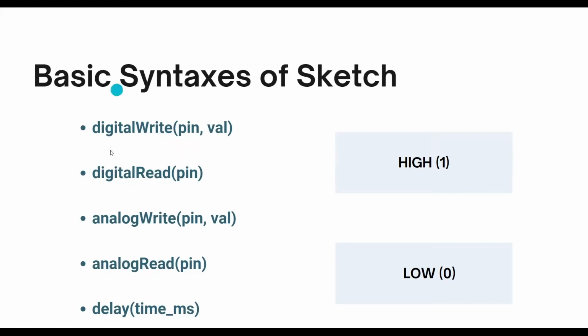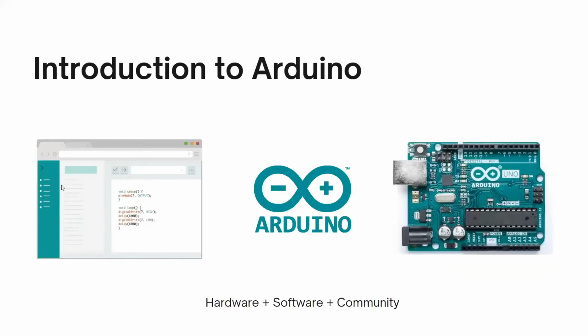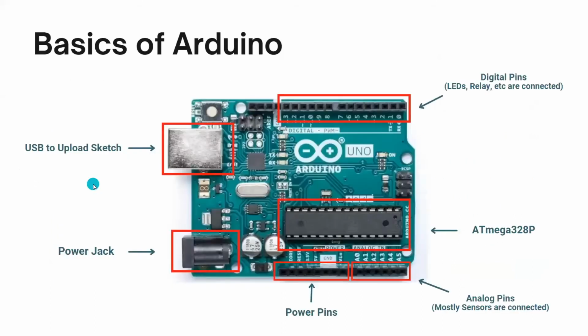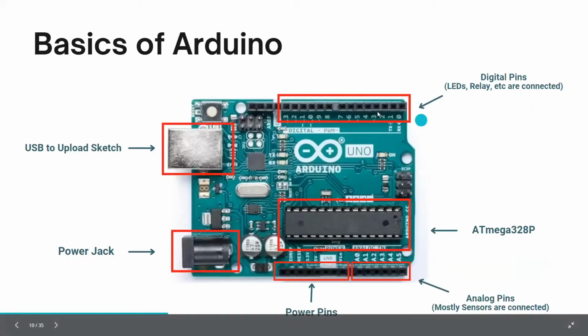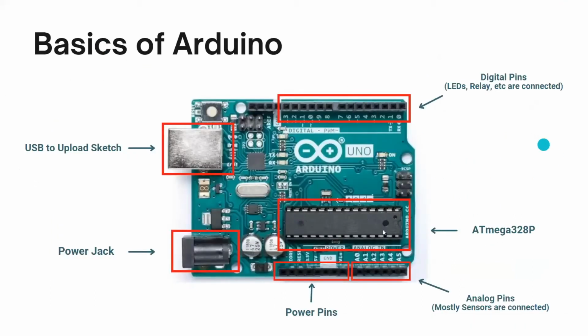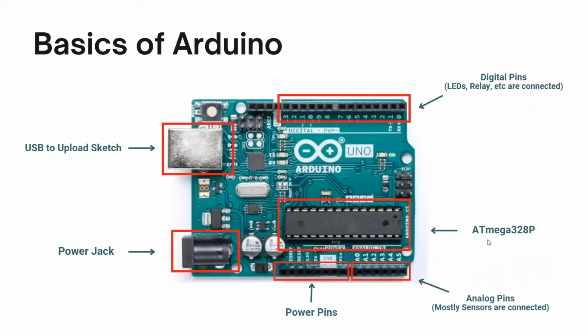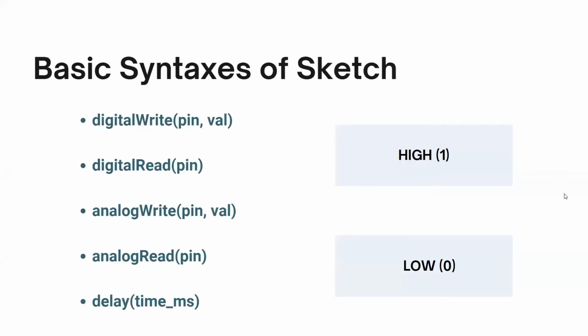So now we will learn what all these functions are. I have earlier told you that there are certain pins available. You can see here there were multiple pins available. One was the digital pin and one was the analog pin. So there are two different functions to control all these pins. For analog pins, it is the analog function, and for digital pins, it is the digital function. And according to purpose, it will show you the output.